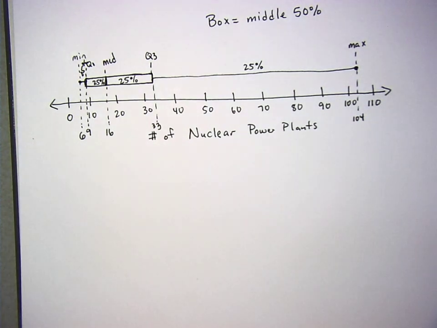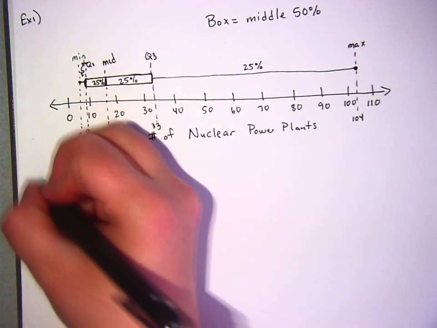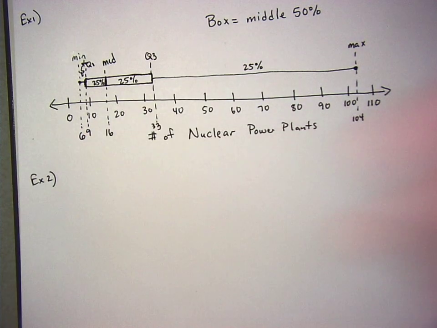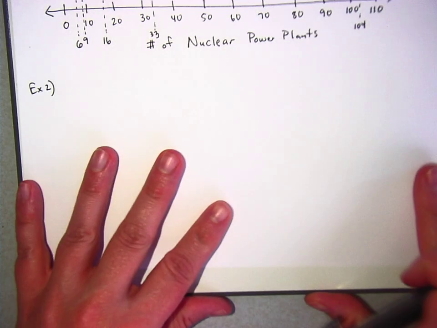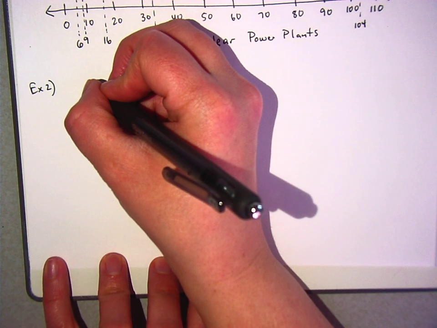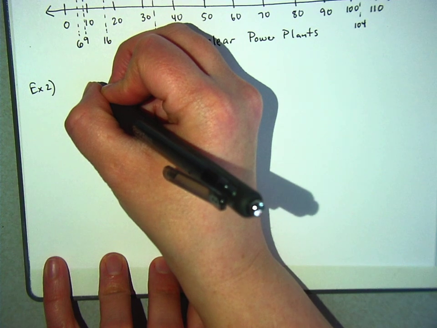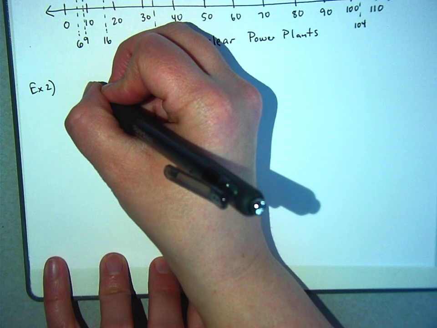Okay. So we're going to try another one, and you're going to try it with your partner. This is example 1, we're going to try example 2. On this one, I'm just going to make up some data. Okay, let's try,